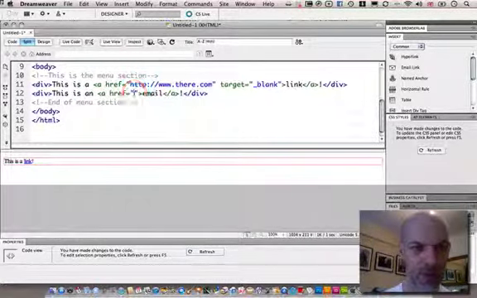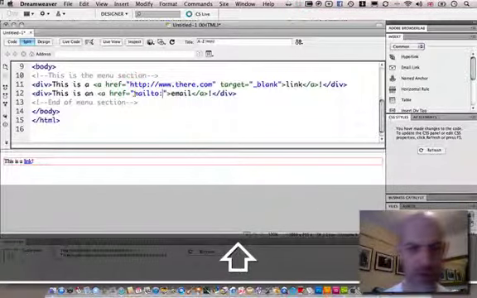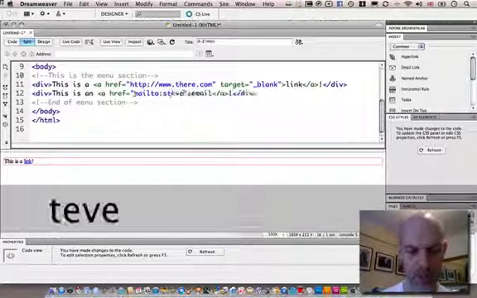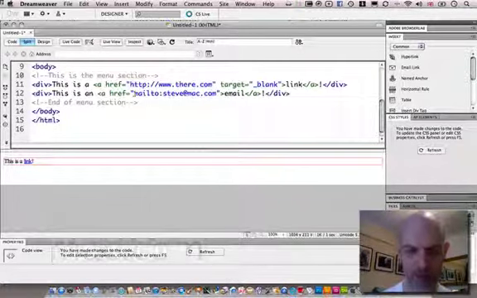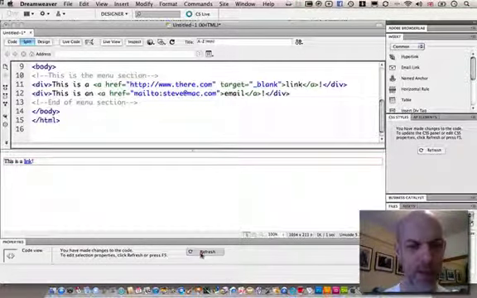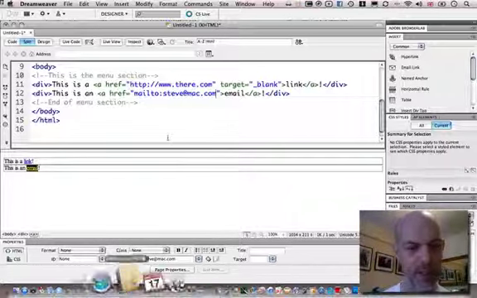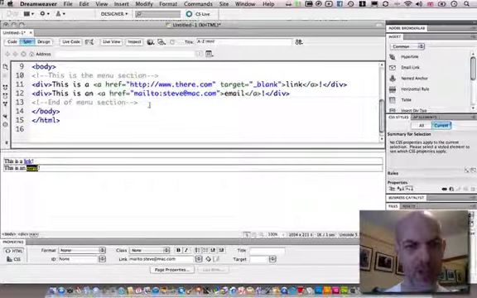Okay. What we can do here now is you just type in the mail to option, like so, and I'll put Steve at mac.com, for instance, like that. Okay. What that does now is it creates an email link, but when you click on it, it'll open up this is my web application, mail application. It'll open it and it'll set up an email, so you can then fill it in and add extra information,